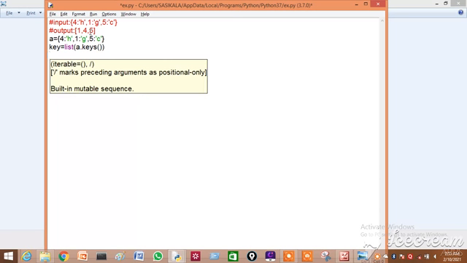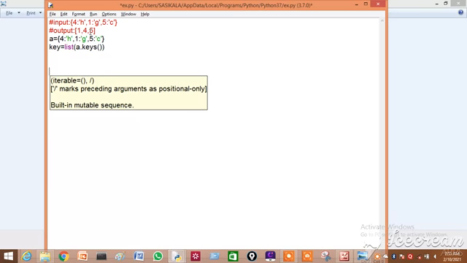After doing all this, we should now do the comparison. We have collected the keys, now we compare which is greater. For that I am using an if condition.